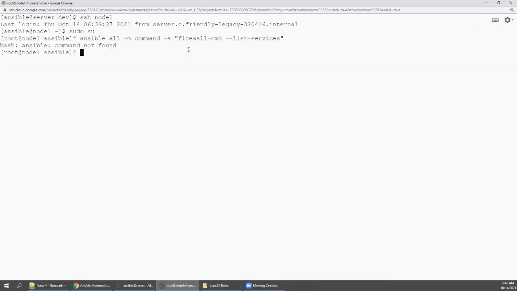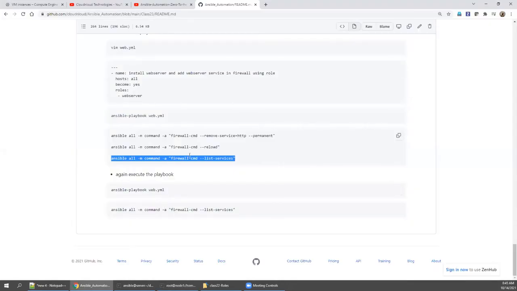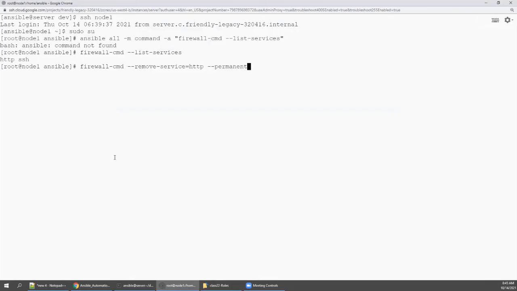See here, because the firewall CMD is, sorry, the Ansible command. So you only copy this command, because the Ansible command will work only in the Ansible server. So HTTP and SSH is there. So what I'm going to do is I'm going to remove HTTP. So let's go and remove HTTP permanent, because you need to understand what is happening.